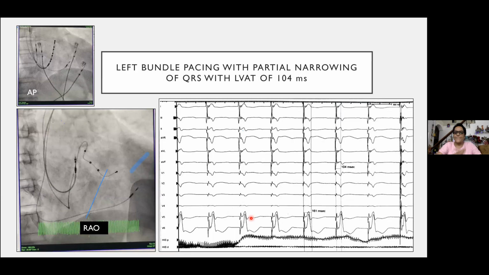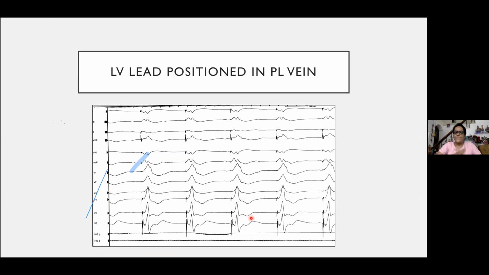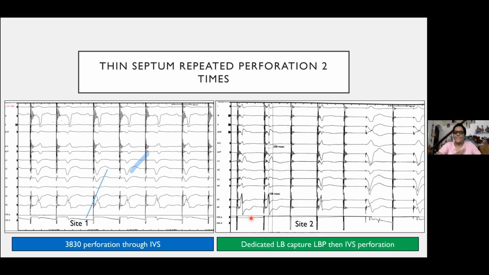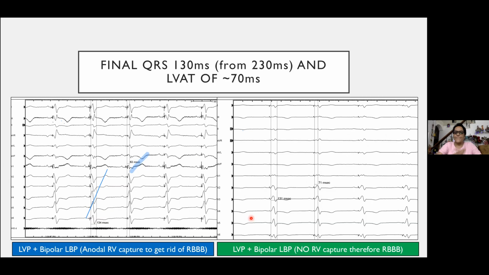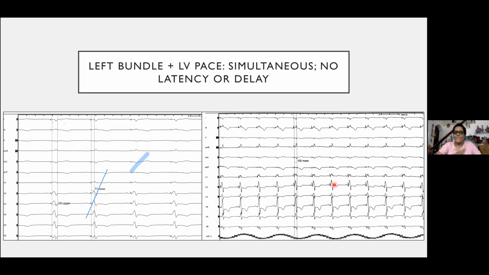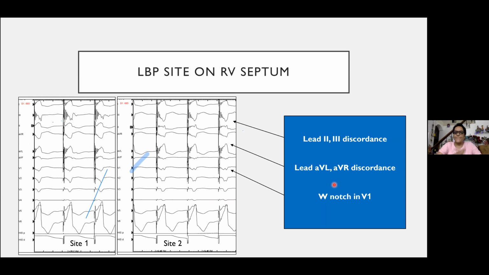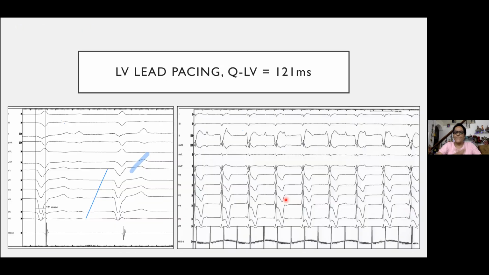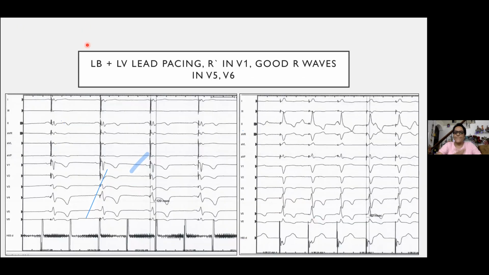The first QRS, let me just quickly go to that. See this QRS, pure LV paced, the difference between, so lot of scar, this QRS versus this QRS. So you can see the difference. And when you do combined left bundle pacing along with LV pacing, you restore the R wave, you restore the